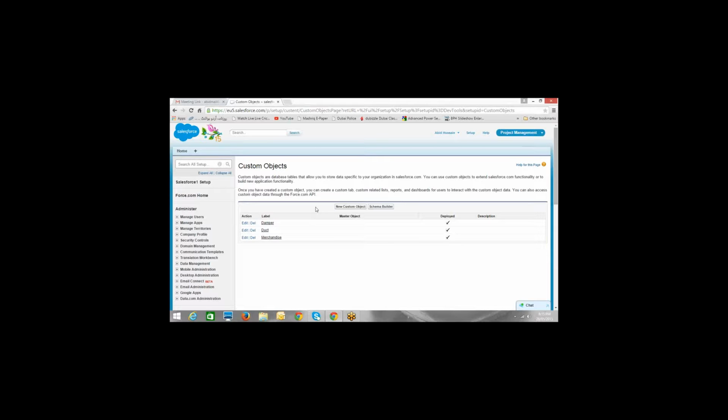And in that app, I just want one tab to be visible. That will be the home tab, as you can see on the shared screen. I just want one tab on that app, which will be the home tab.